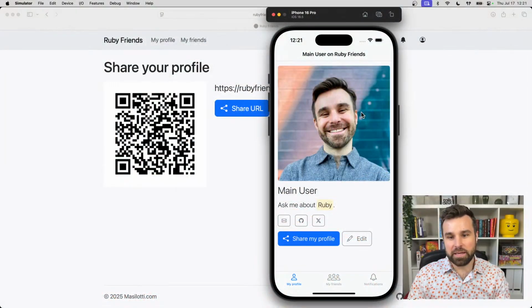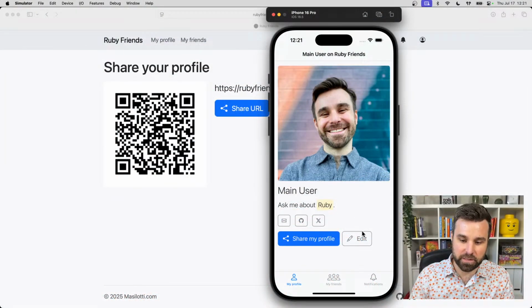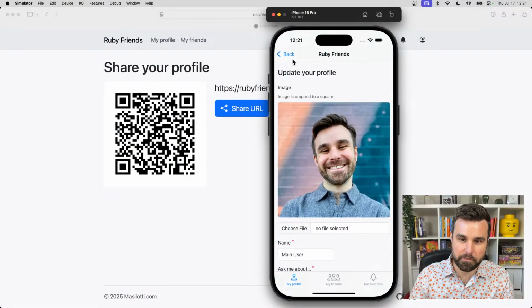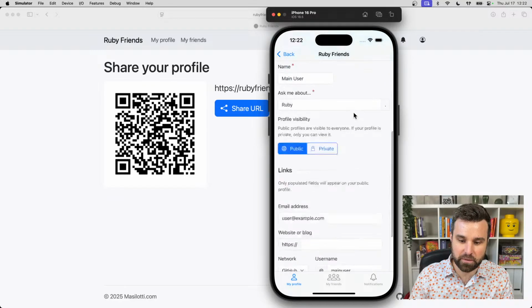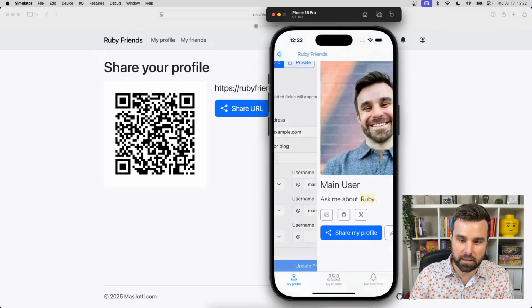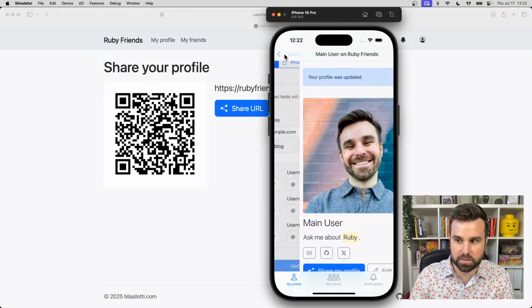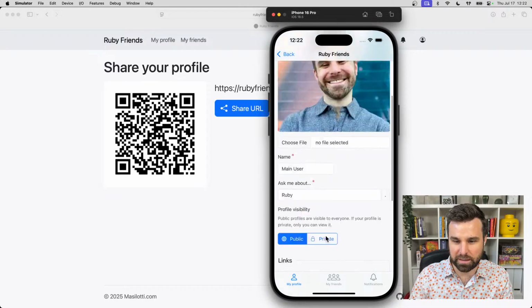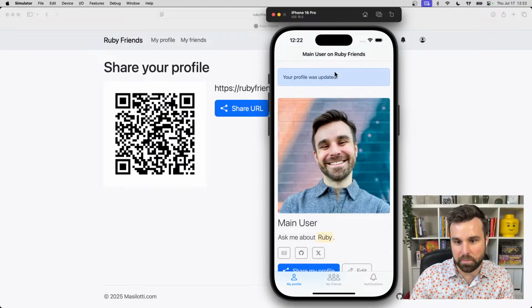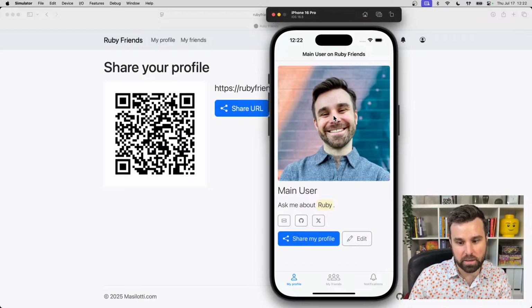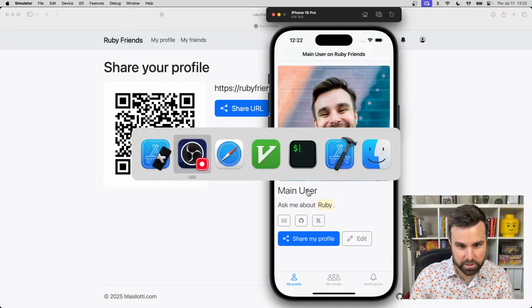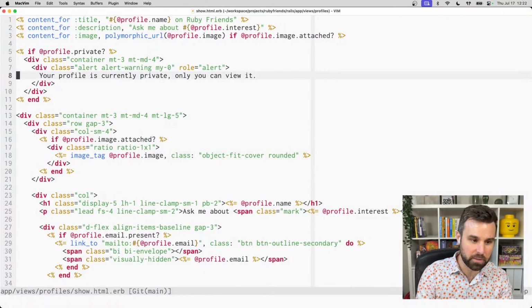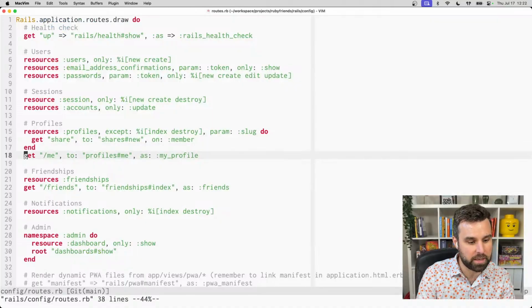Okay, so let's do this path configuration stuff, right? I click edit, and it pushes a form onto the stack, and then I hit update, and I have to go back, and I get the form again. It acts just like the web, but we can do better than that on iOS and on Android with something called path configuration. So I'm gonna open up my routes first here. I'm gonna have a new